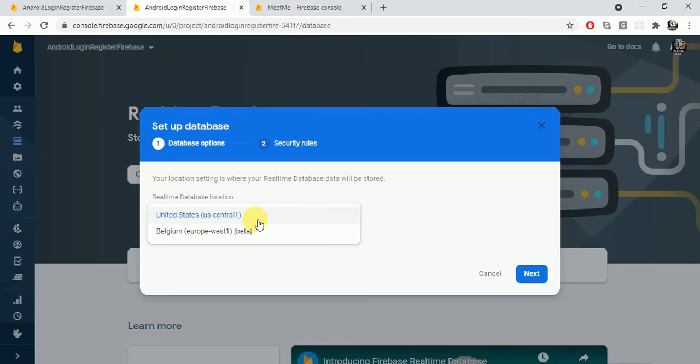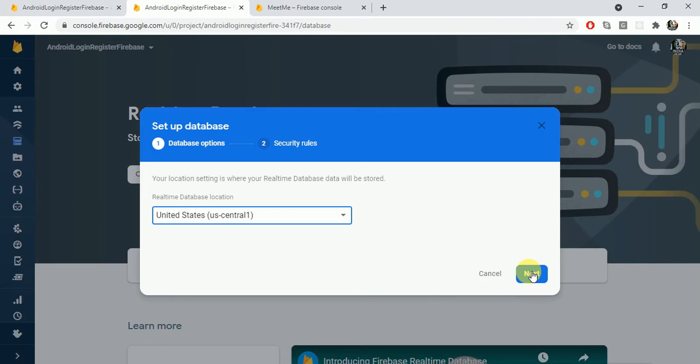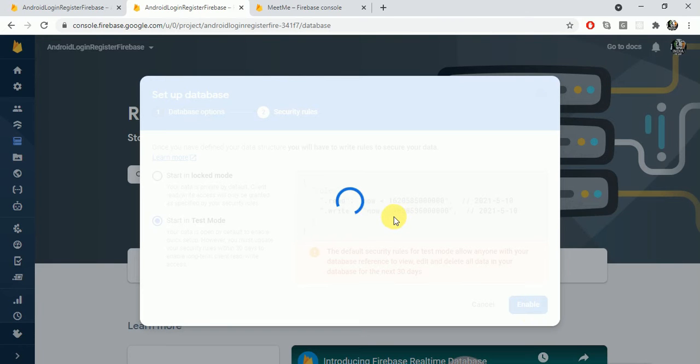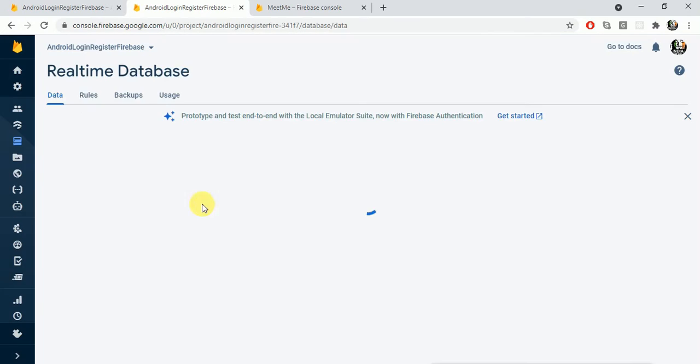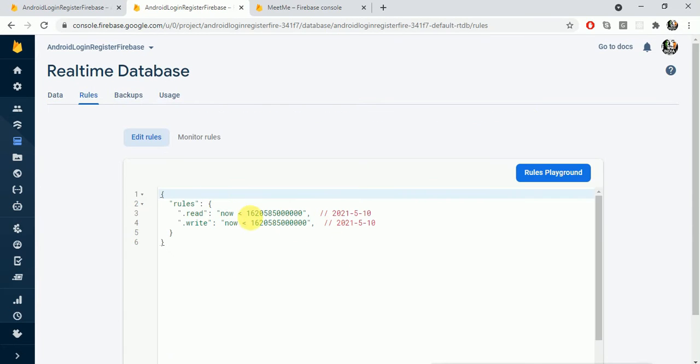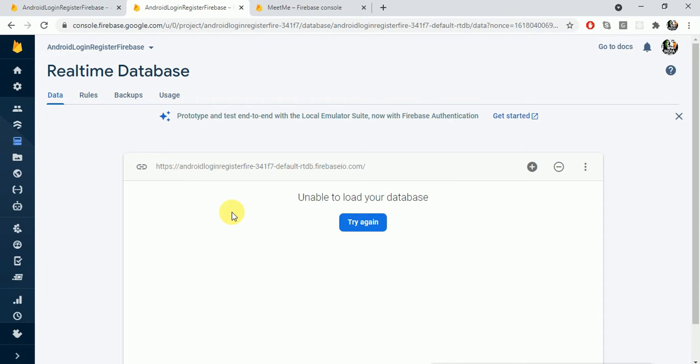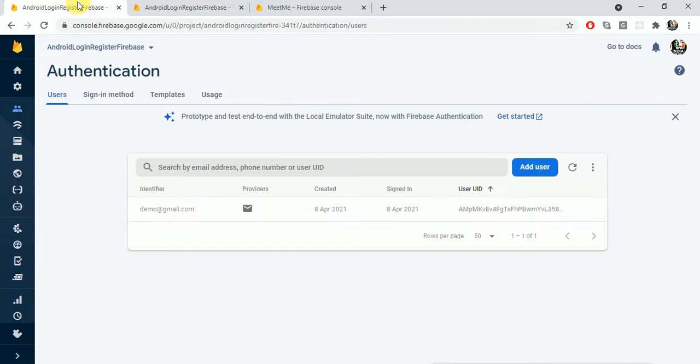So I am in the real-time database section, and I am going to create one database. We can use any region, so I am keeping the default. We will keep it in test mode for now. We will not use the locked mode unless needed. Okay, so this has been enabled. Now I will go to the rules. So this is enabled. If it gives any error, we will make it true. For now we will keep the defaults. And now if you go to the data section, there is no database or any users or anything, so it's empty right now. First, I will delete this user.